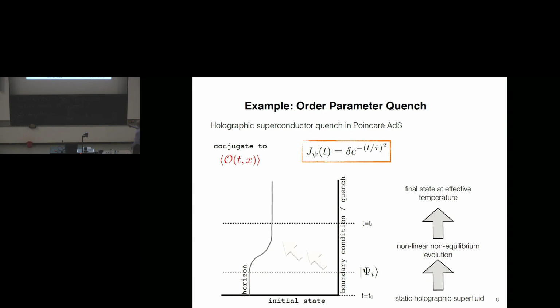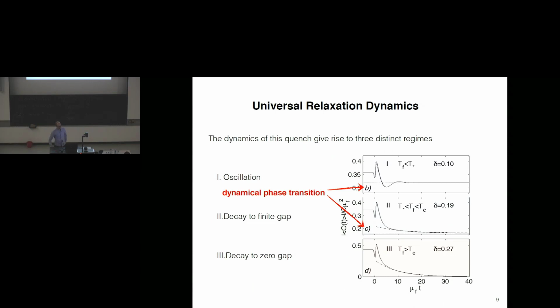What happens is that this initial state, well, for technical reasons, it actually already has a horizon. Okay, so we start not really at 0 temperature. This will be disturbed by this source. There is some nonlinear evolution. Okay, so the horizon will, in response to this, move out. And we will find some late time dynamics of this in terms of just this holographic dictionary. So we find a final state at effective temperature, but the question is, how is this final state at some effective temperature approached? And in this case, what you get is 3 different regimes.